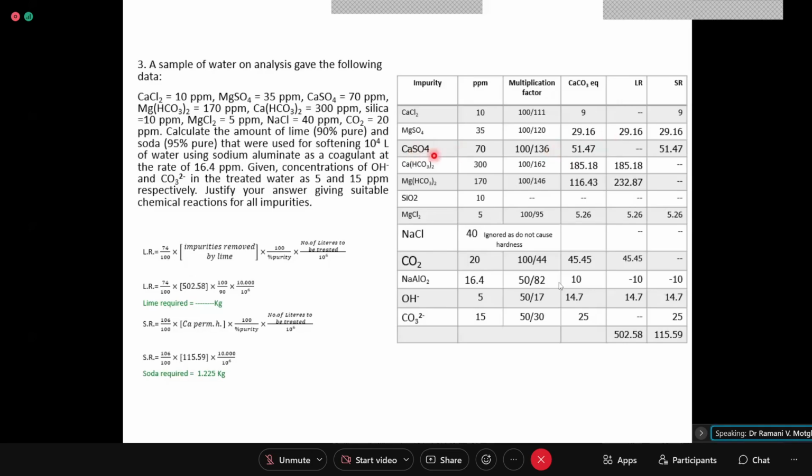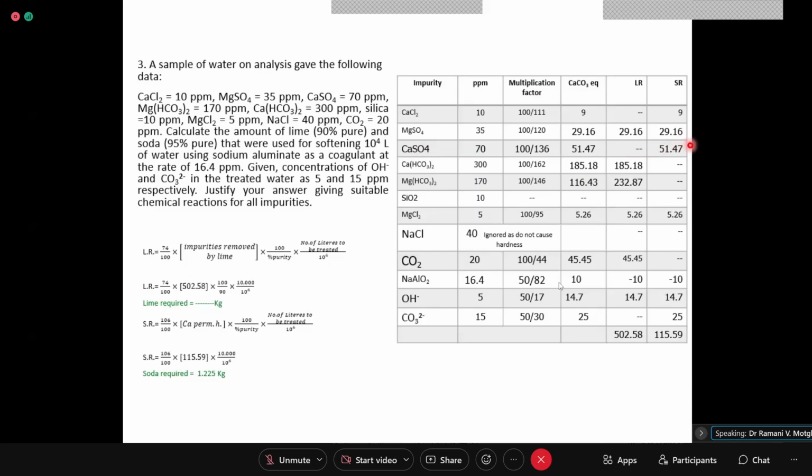Okay. Now what happens? Yes, ma'am. This is calcium permanent hardness. This is not removed by lime. It is removed by soda. So sulfate plus Na2CO3, the reaction that you will write here, one after the other, 1, 2, 3, 4. You can put a serial number column also here and write this 1, 2, 3, 4, 5, 6 impurities so that you can justify the reaction. Okay. So this justifies, right? This is not requiring lime for its removal.